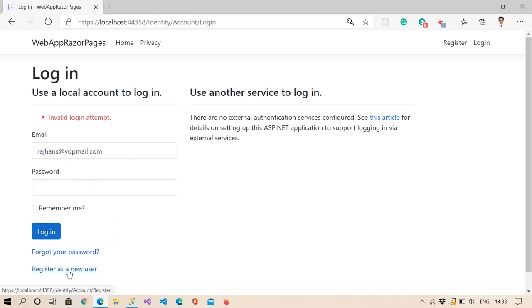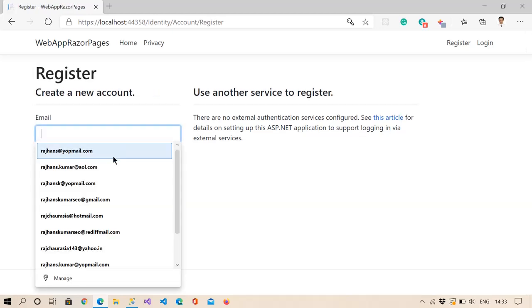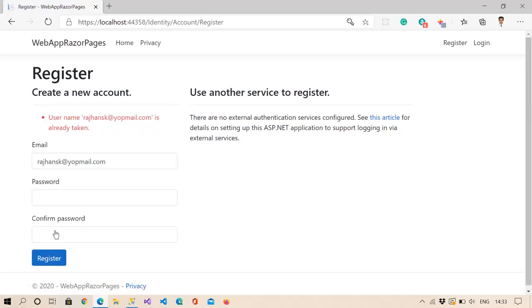So let me create one new user here so that we can understand. Let me create the password again.